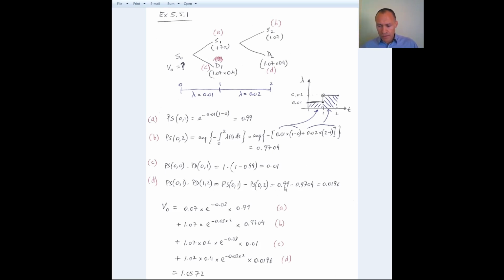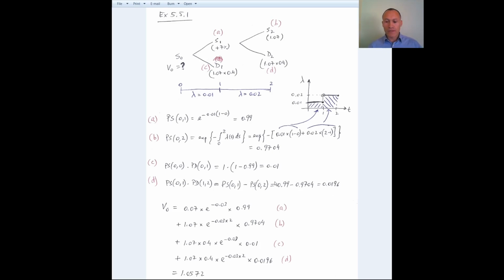So 0.99 is the probability of surviving for the first year. 0.97 is the probability of surviving from 0 to 2 that you see here. And that gives you the probability of this branch going from here to here, and then from here to here,